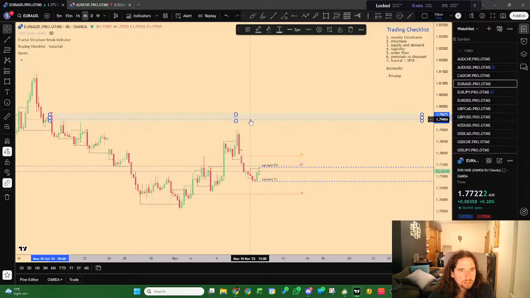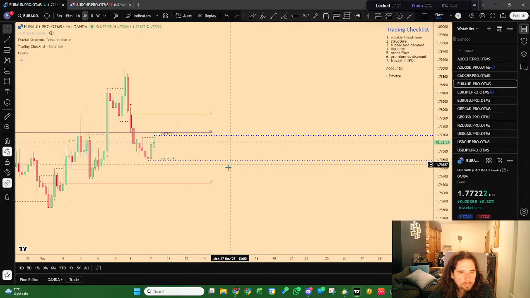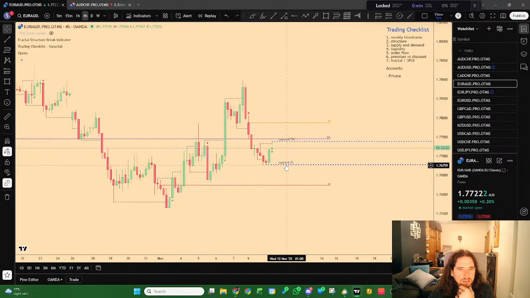I doubt it's going to get back up there. What I'm predicting is it might get back to the weekly, but then start going down again, right to this area of